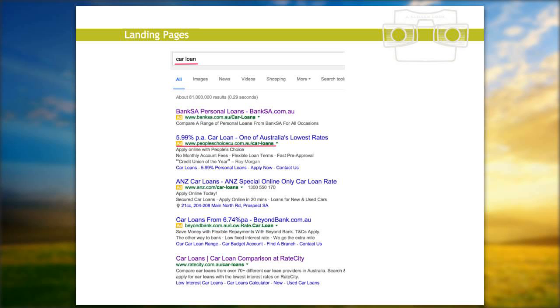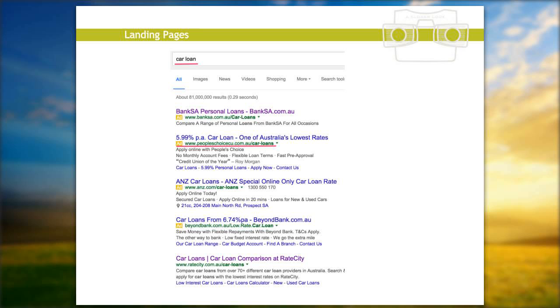But what I wanted to show you was that obviously People's Choice, which is the one I've underlined, that's a credit union. But that particular ad shows up when I type in car loan. So what you can see is that it's actually taking me to a very specific page in People's Choice, which is to do with car loans, not anything else to do with People's Choice.